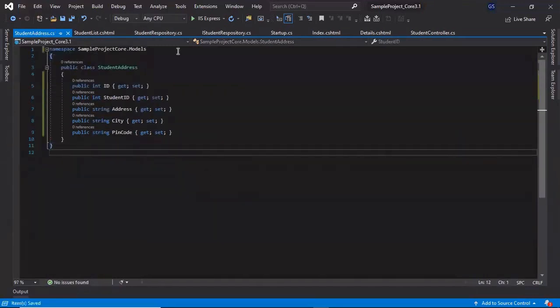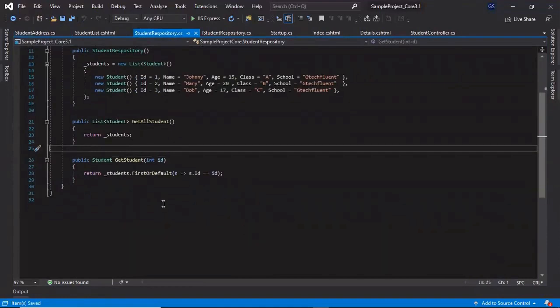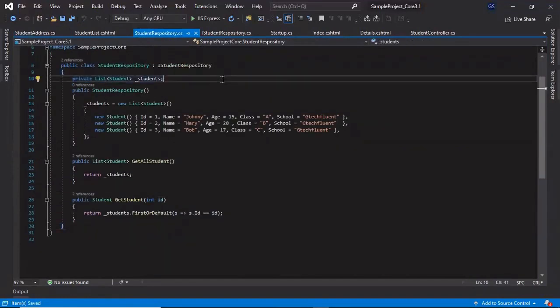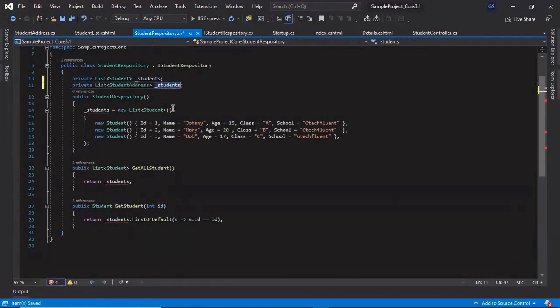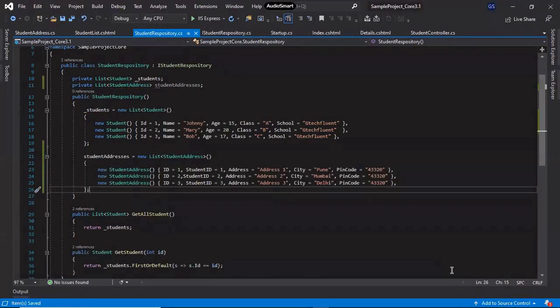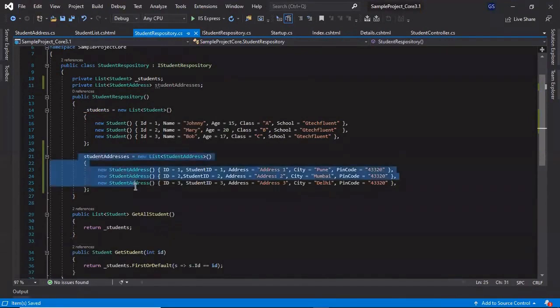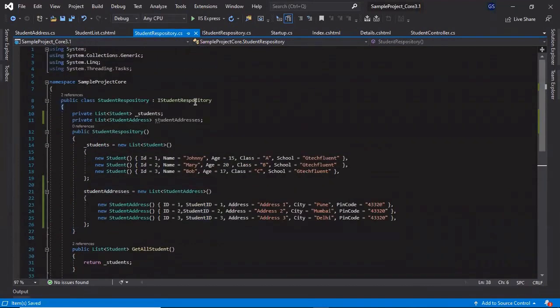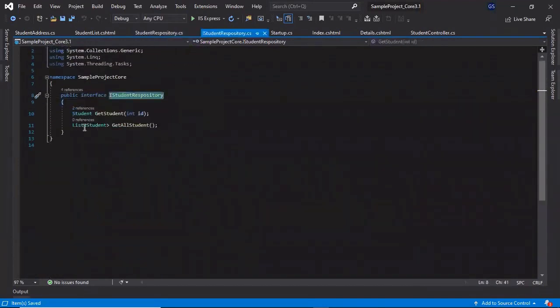So now in the student repository, we require another method to get the address of the student. Let's create a list of addresses and call it student address. So now we have created the list of the student address here. We need another method to get the student address. Let's go to the student repository and add another method.